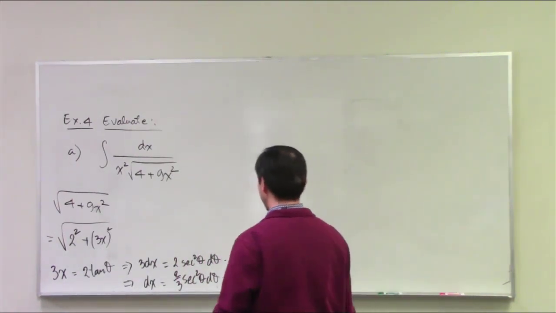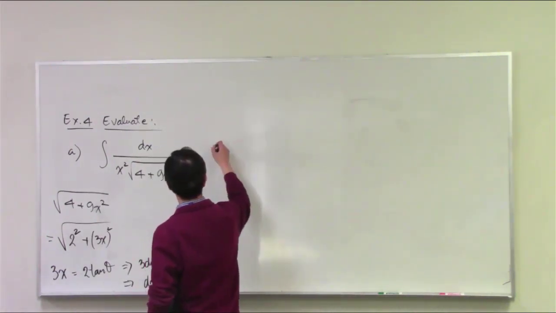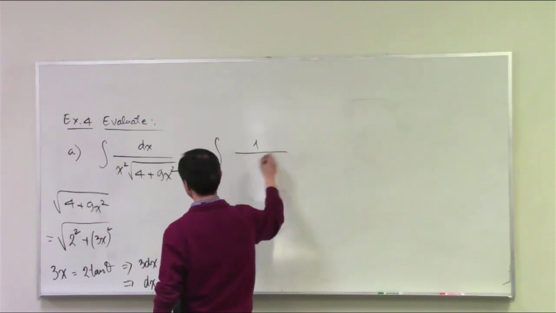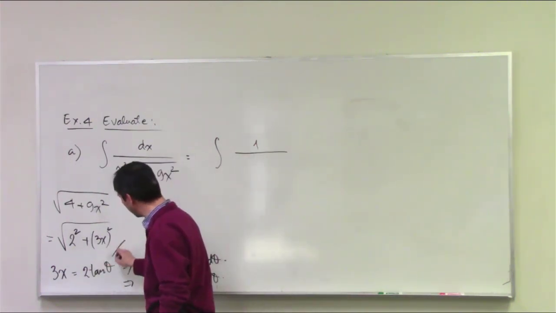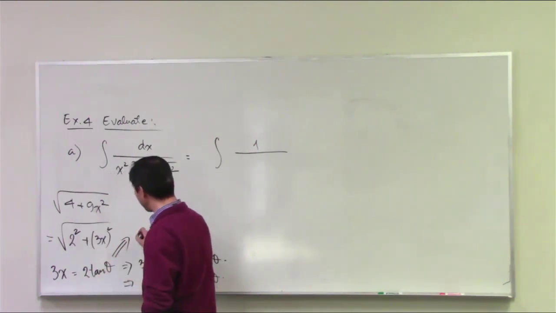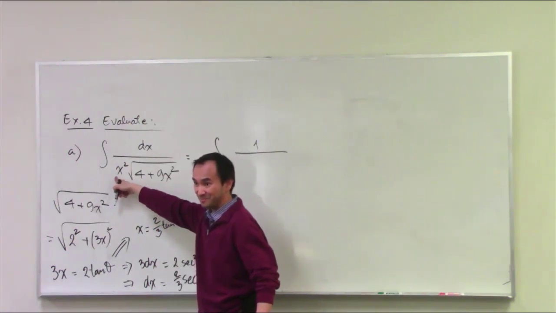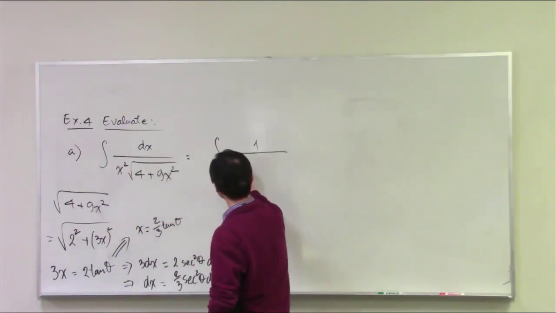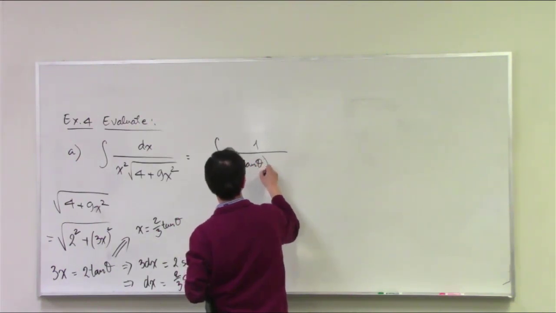So now this is what the integral will become. It's the integral of 1 over x squared. Right from here, 3x equals 2 tangent theta, so that means x itself is 2/3 tangent theta. We need that information to substitute for that x here. So now I'm looking at 2/3 tangent theta, all squared,